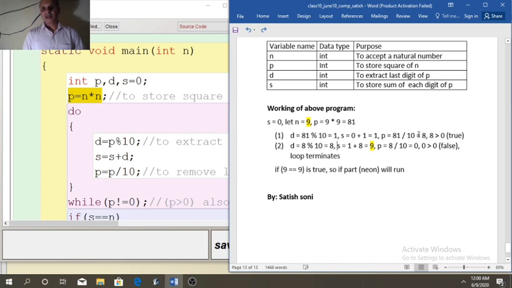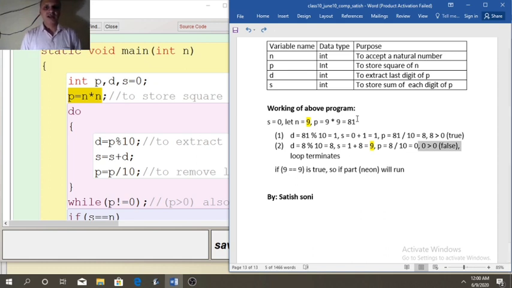The previous value of s we take from the previous step, that is 1. So to the previous value of s, the new value of d is added: 1 plus 8 will become 9. Now p equal to 8 by 10, that will become 0, and 0 more than 0 is false, so the loop terminates. Since the number had 2 digits, the loop runs only 2 times.